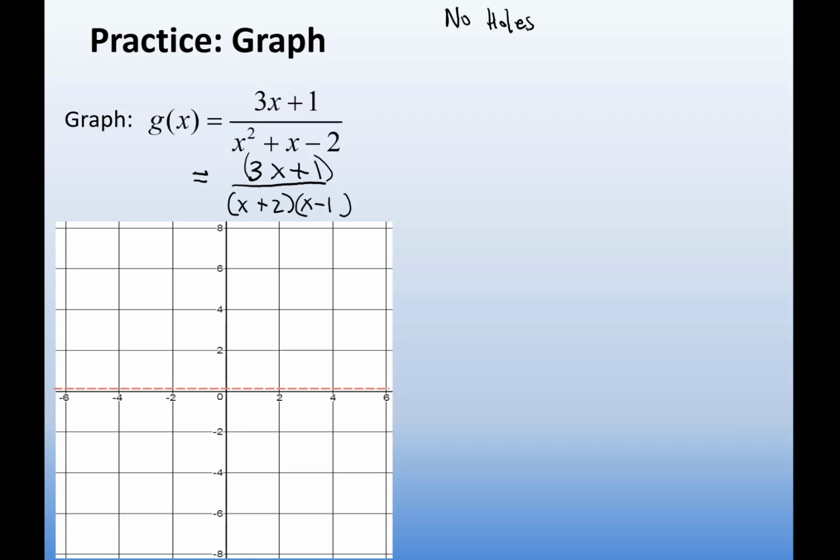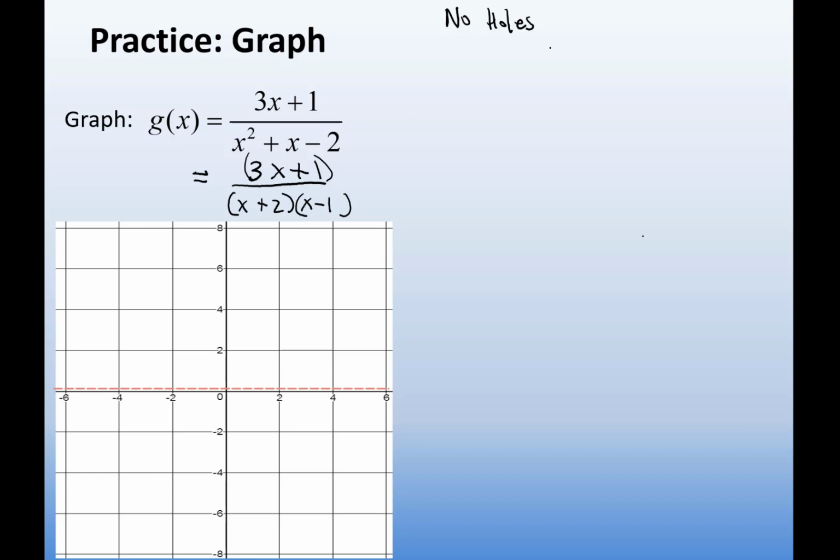Holes would only happen if it was like x minus 1, x plus 2, x minus 1. If our function looked like that, we would have a hole at 1 because there's a factor on the top and the bottom that are the same. So that's something that comes up occasionally, but not too often. But we don't have to worry about it. There's no holes. So the next thing I'm going to do is start finding my critical points, and one of them